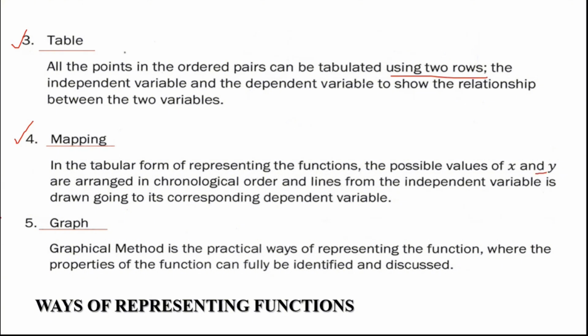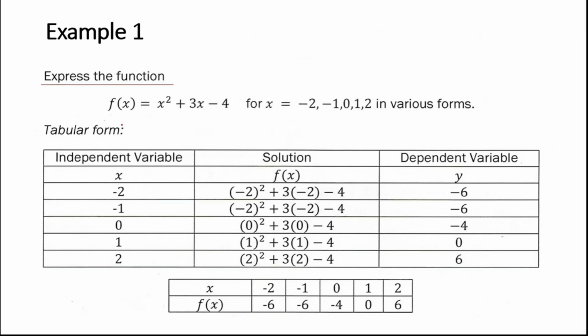And of course, the graph. This is actually the practical way of representing the function, where the properties of the function can be fully identified and discussed. And of course, by seeing the direction of the graph, you can say whether this is a function or not. Those are the ways of representing a function. So let's move on to our example. So here is